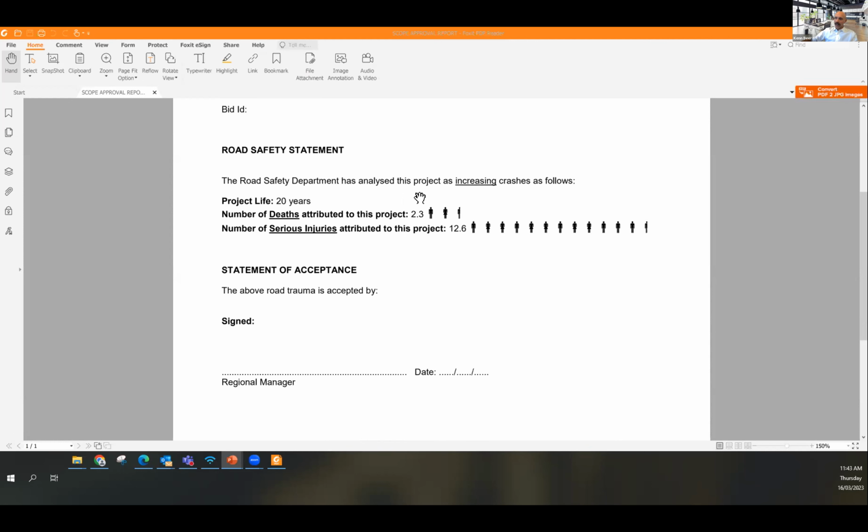Now, these calculations are very easy to do. You use crash reduction factors, which are published publicly. There's a wonderful, it's called the Crash Modification Clearinghouse. It's housed in the US, it's worldwide, just collects information about how much the reduction in death and serious injury and other injury you'd expect from different treatments on the network, and you can work out your risk. So it's not a hard exercise to do.